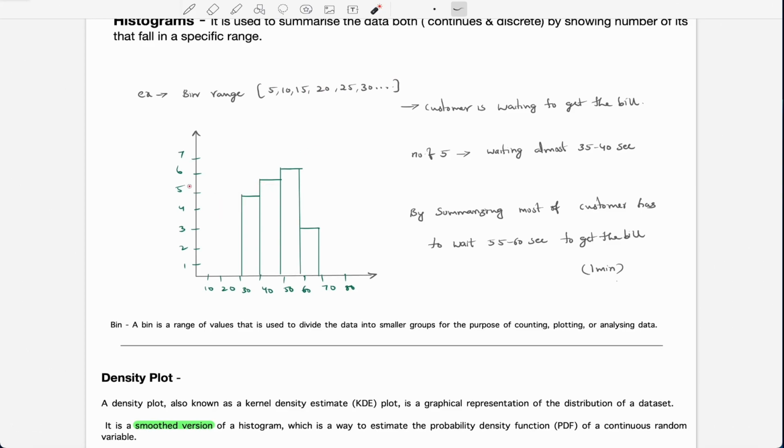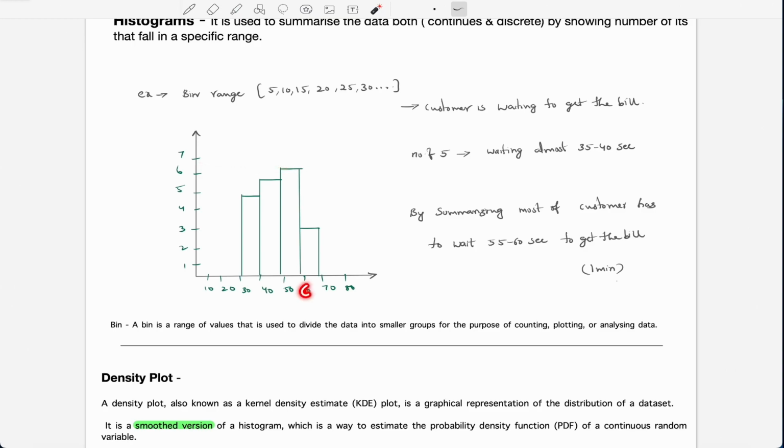So what does this histogram tell? Here the problem is that the customer is waiting to get the bill, and we're going to summarize how much time the customer waits. We're going to get the average time that every person spends to get that bill. The number 5 is waiting almost 35 to 40 seconds, and the number 6 is waiting around 55 seconds, and most of our